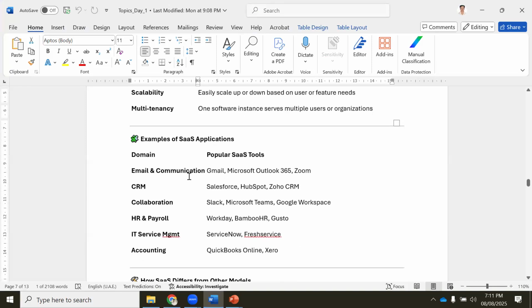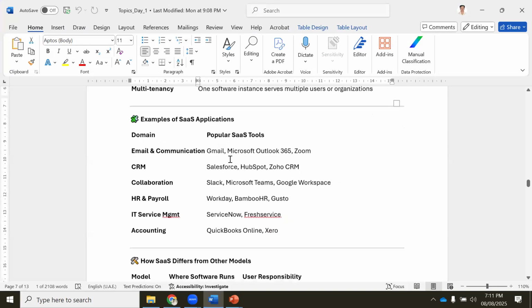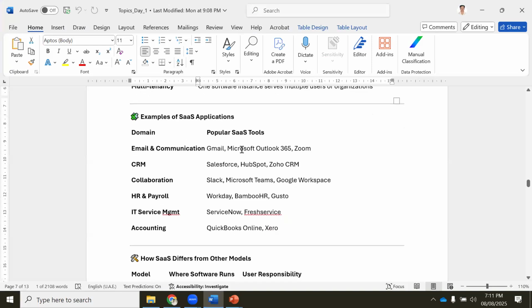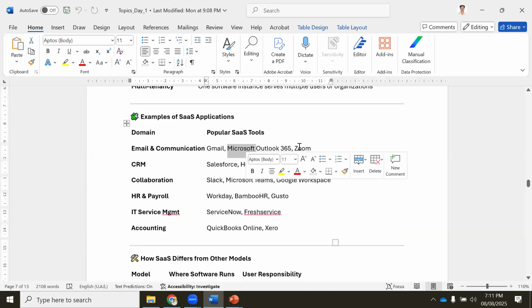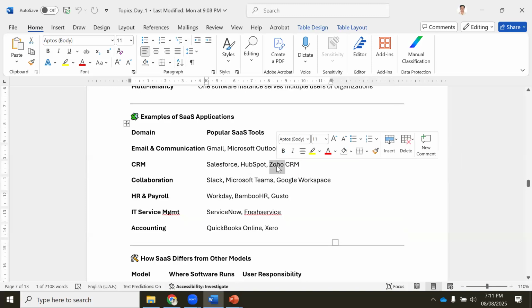Okay. So the next one is, what are the popular SaaS tools, correct? Examples: email communication, we have taken Gmail as one of the popular tools, Microsoft Outlook, Zoom is one of them. CRM: Salesforce, I think you all know that, HubSpot, Zoho is again a CRM tool. Collaboration tools: Slack and Microsoft.